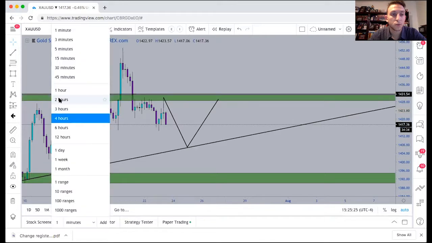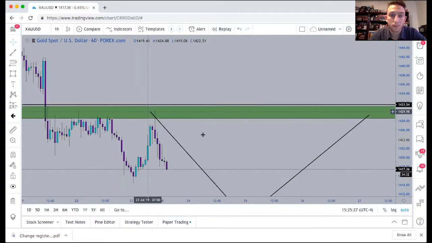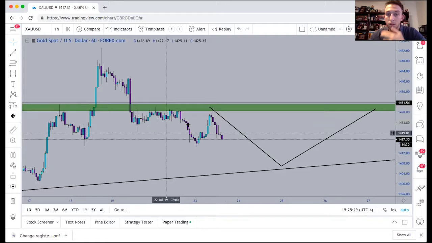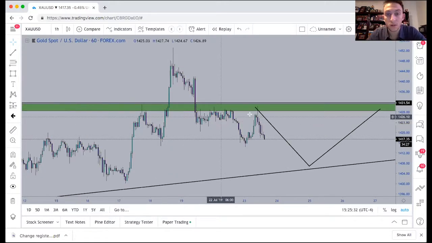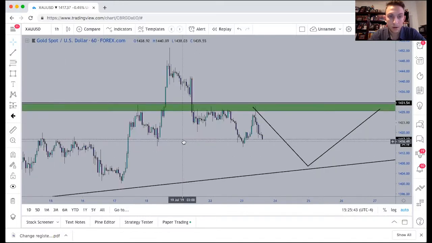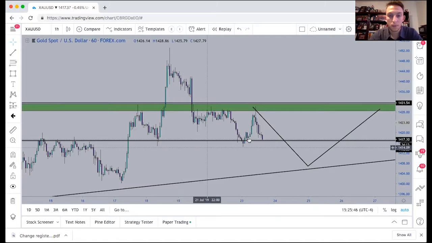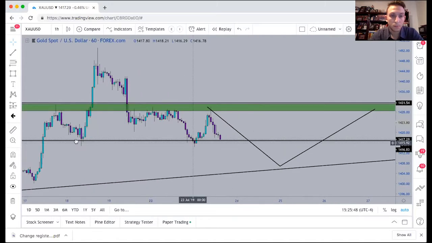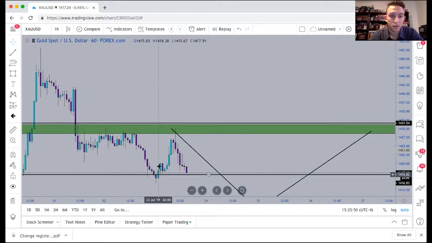Looking at shorter term time frames on the 1-hour time frame, this is basically just intraday trading. This is where you're just watching during New York session, whatever. You could see that when price comes up to these zones and we see clear rejections, that would have been your opportunity to sell today at around 10, 11 o'clock. And early New York session would have been your opportunity to get into those buys. When we came back to the support, we had a rejection, a pullback right here to get back in. And around 5, 6, by 6 or 7 o'clock, you had to get into this trade to then go long